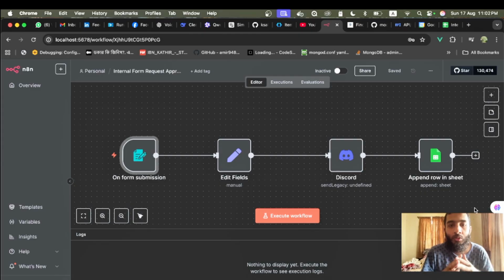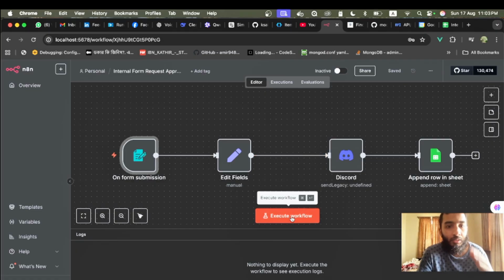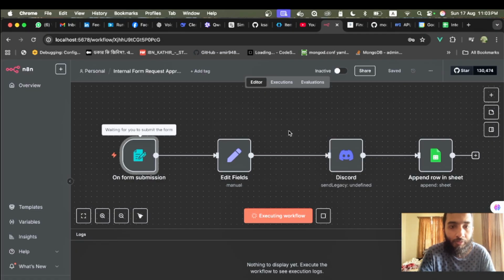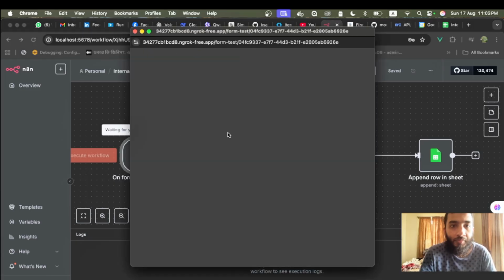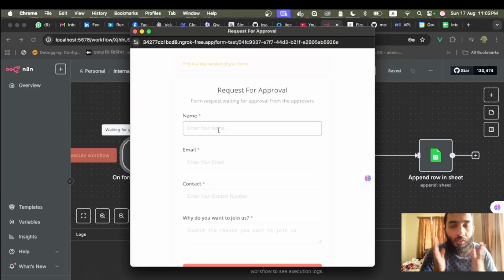One workflow is when a user submits a form. So let's say a user wants to join a club or a Facebook group, etc. The user will submit a form that will have the necessary fields set by the approvers. When the user submits the form, it will be submitted for approval. If I just give the demo and execute the workflow, the user will be given a form